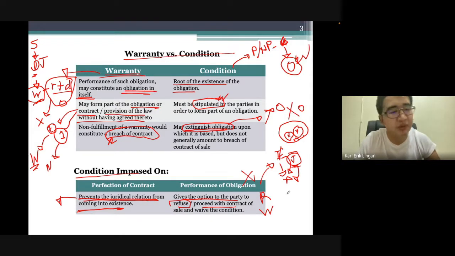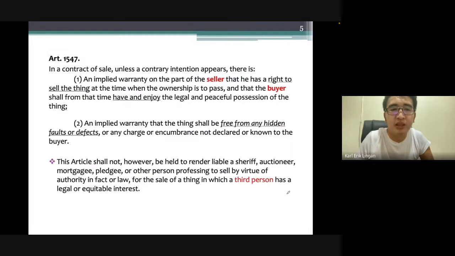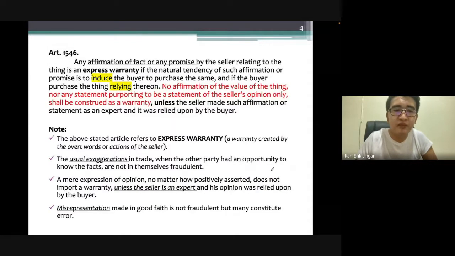Okay, unlike dun sa perfection of conditions imposed on perfection of a contract, nakadepende lang dun kung mape-perfect yung contract. Okay? Kung magkakaroon ng meeting of the minds. Okay? That is warranty versus condition. Article 1546 talks about